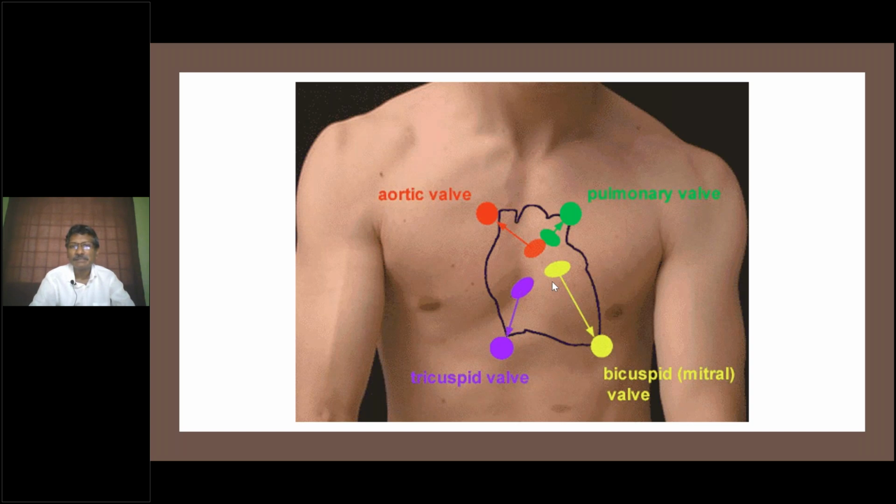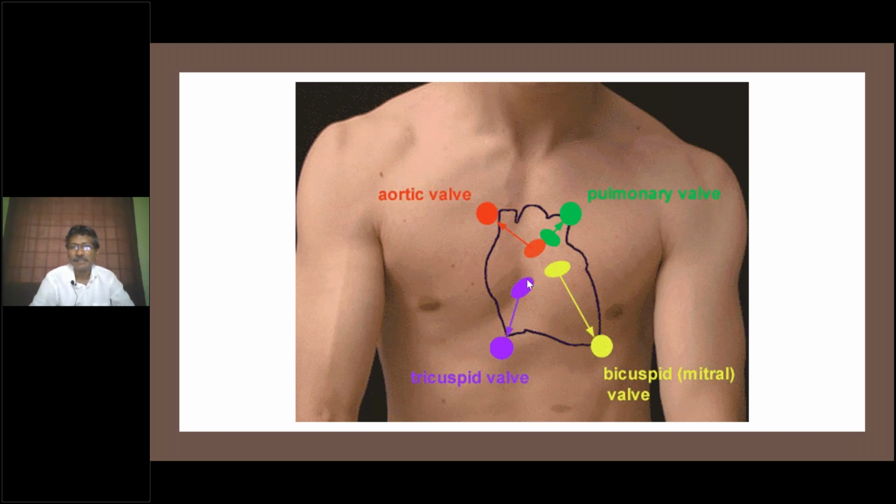Okay. See, the yellow one is the mitral valve. Mitral valve turbulence is directed towards the apex. This is the location of the pulmonary valve, which is behind the sternum. The direction is towards the left second space. Then the red one is the place of the aortic valve, which is going towards the right second space.